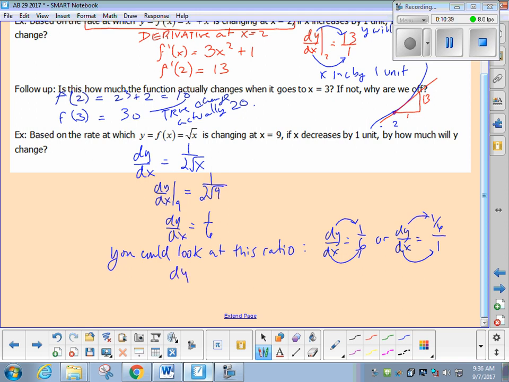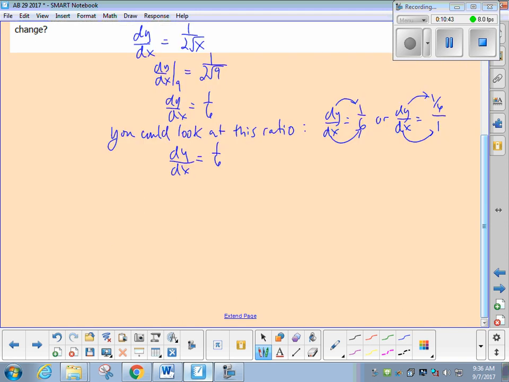But in terms of where we're headed, consider this. What if I had the ratio of change is 1/6, and I want to know how much y is going to change by? I don't want to compare anymore. I want to just say y will change by this. Well, algebraically, that would mean I move that change in x over. So I take the rate at which y is changing with respect to x, multiply it by an amount of change in x, and I get an amount of change in y.